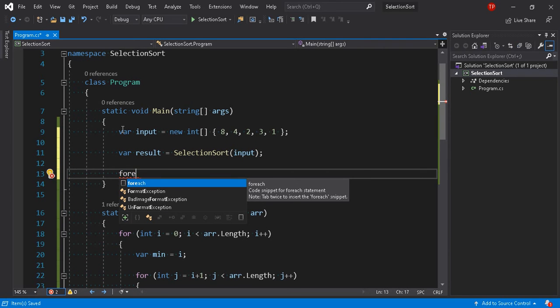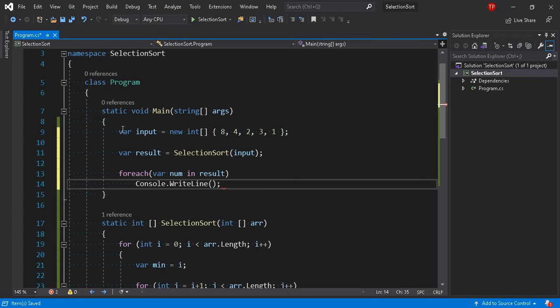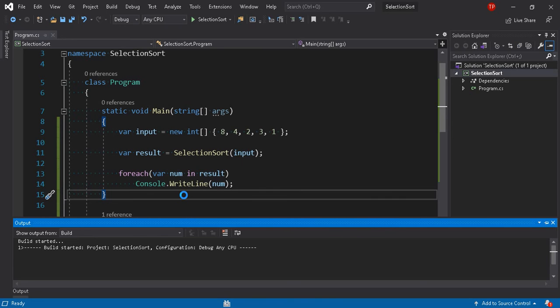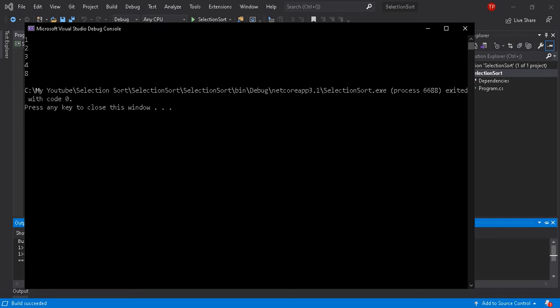So I will have a for each where I will have num in result, and I will print this. Let's run the program and see what the output is. Okay, so you see 1 2 3 4 8.